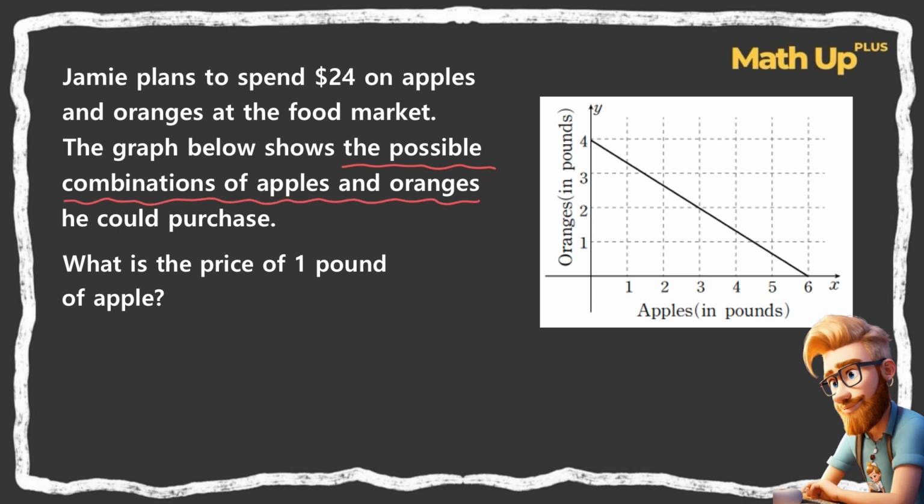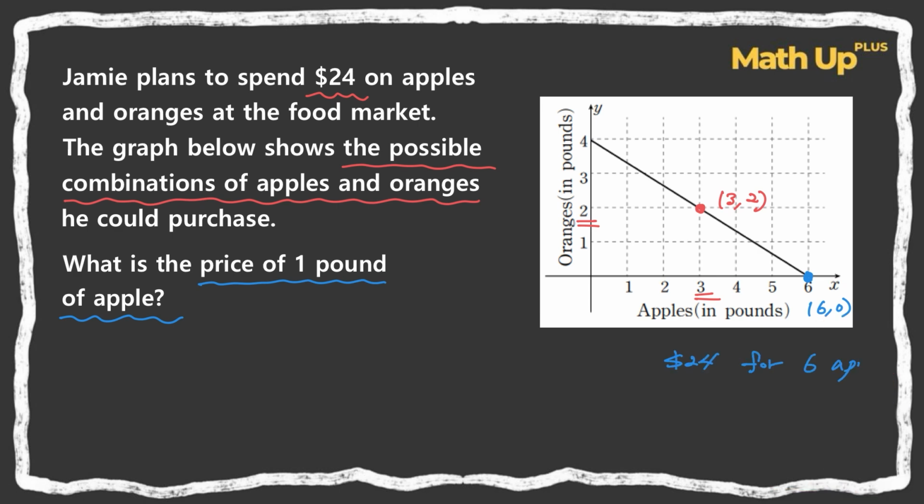Let's say if we look at this coordinate right here, which is (3, 2), Jamie can spend $24 for 3 apples and 2 oranges. Does that make sense? Since the question is the price of 1 pound of apple, the coordinate you might want to see is this coordinate right here, right? This is (6, 0), which means he can spend $24 for 6 apples and 0 oranges,